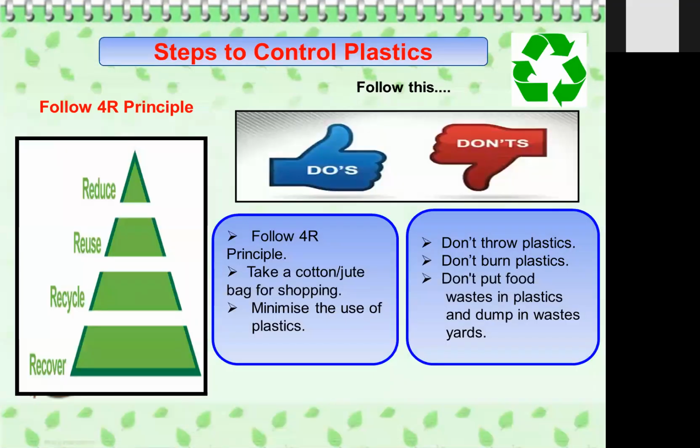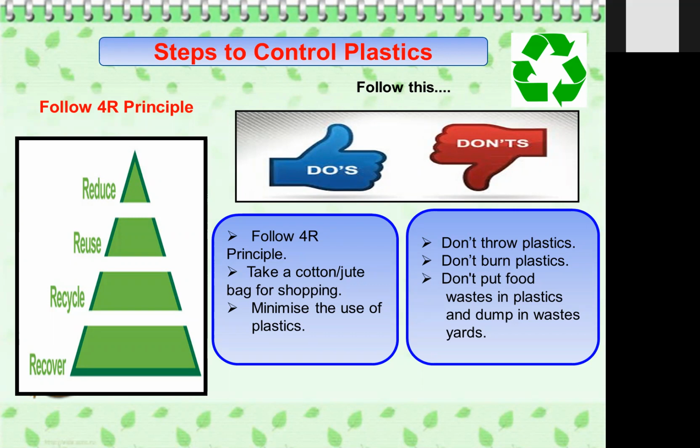That's why it's time to think about what we can do, how to control plastic. So there are 4 R's: reduce, reuse, recycle, recover. We follow the 4 R's. And even now we have 5 R's actually. One more R we can use, that is refuse. Refuse the use of plastic. You can say, follow the 5 R principle.